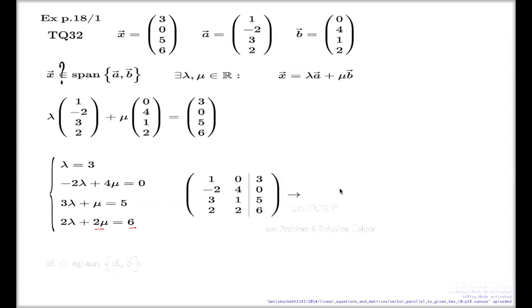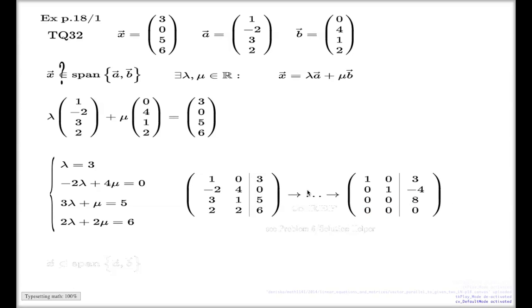If I take this to the row echelon form, and this time I'll tell you, this is the solution, problem 6, in the solution helper. I have the details for this conversion. If you won't be able to reconstruct those details, you can open the file I just showed you today, and you can find those details there. So if I take this to the row echelon form,